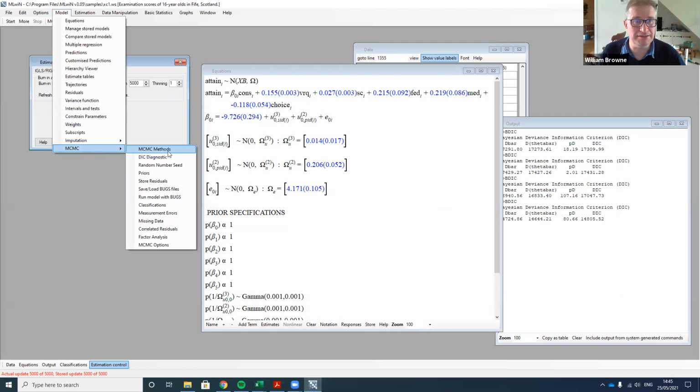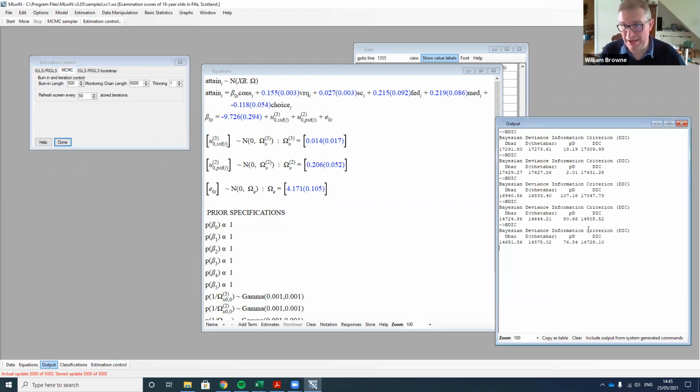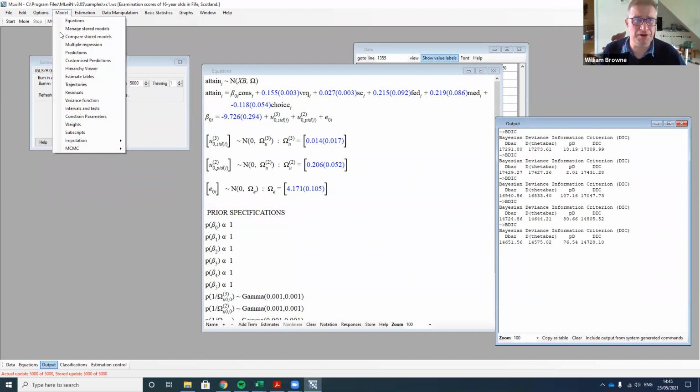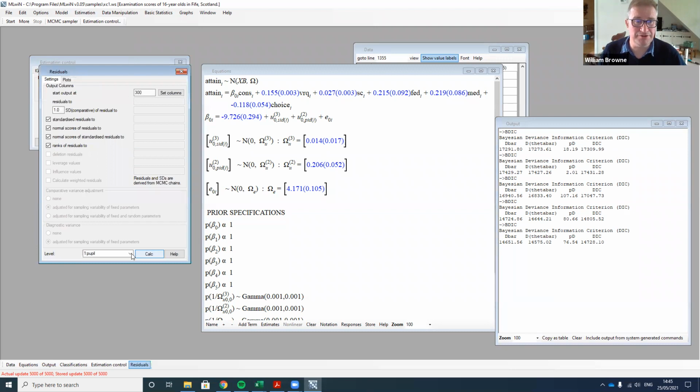So if I do MCMC DIC diagnostic, we have dropped again. Not quite as dramatic a drop as when we added in the verbal reasoning test, but we've dropped from 14,805 to 14,728. Okay. We can look at the residuals again in this model now with these additional terms in it. So if we go to level 3,